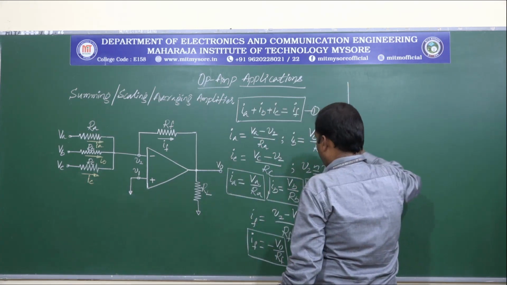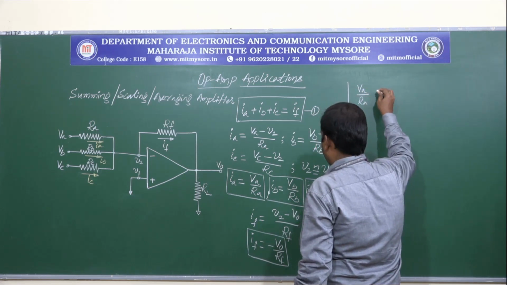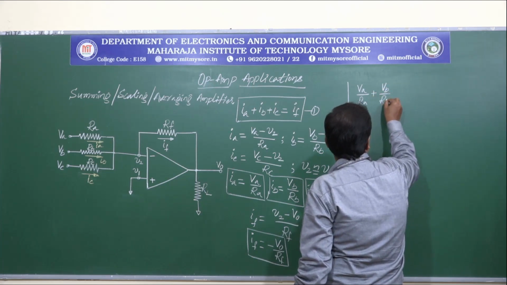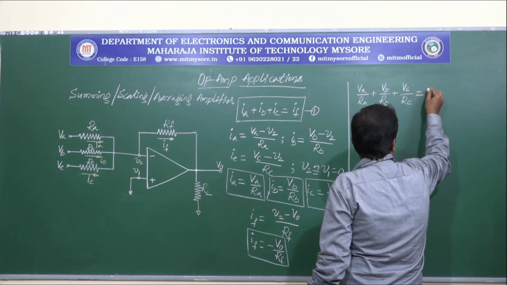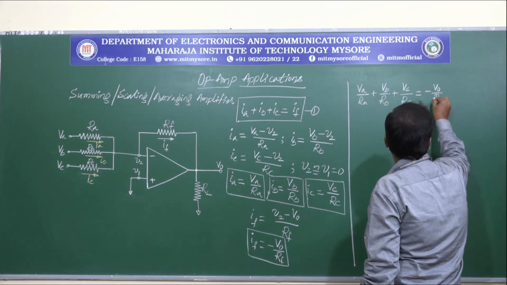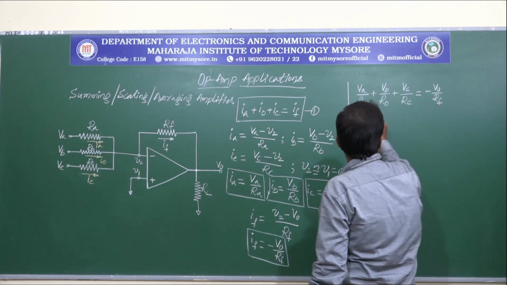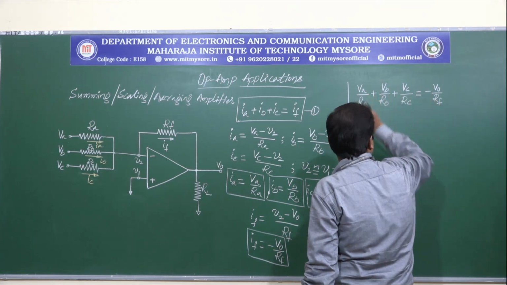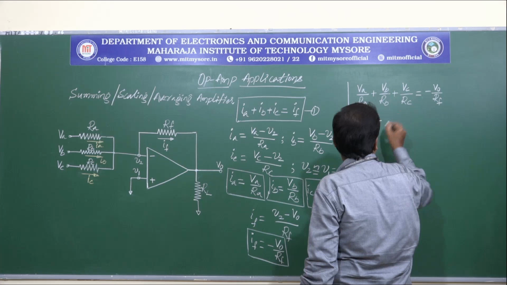So equation 1 will become VA by RA plus VB by RB plus VC by RC equals minus V0 by RF. So now the equation for V0 can be written as, transferring this minus sign to the opposite end and also RF as well, this can be written as minus